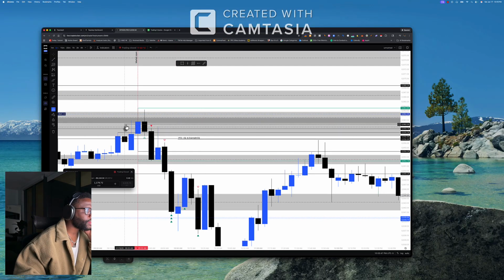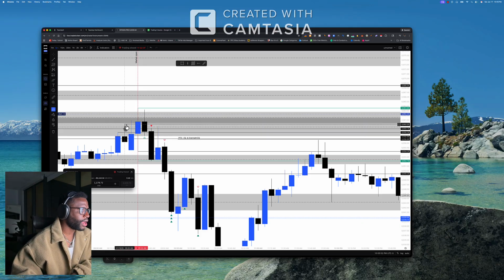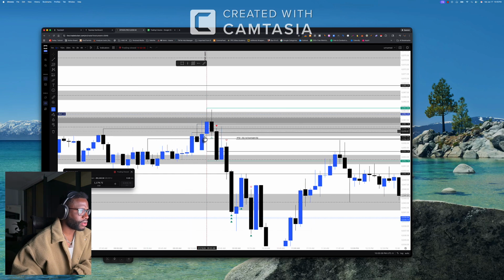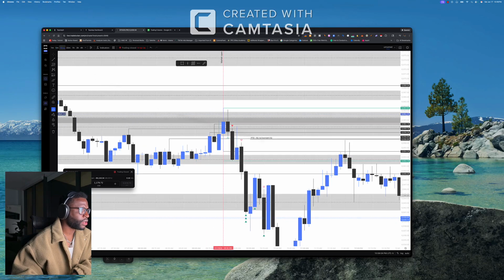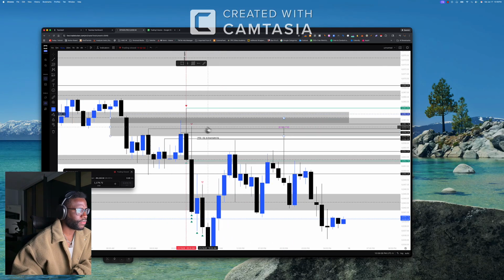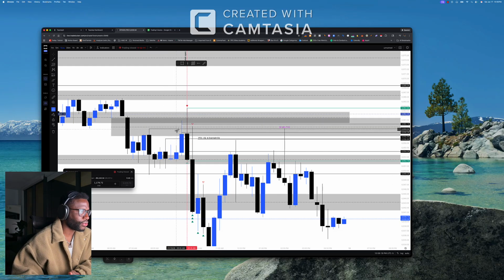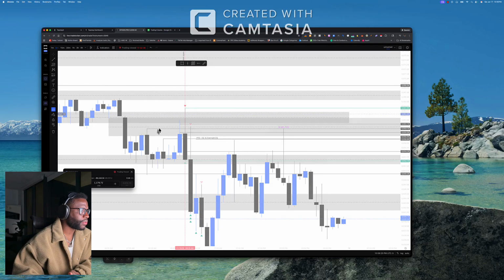I'm thinking about it now. What I was waiting on is this blue line. If we close over this 5-minute, I felt comfortable enough to take the trade. Technically, it was a break of structure to the upside. So therefore, I was just like, okay, but let me see on the 15 minutes. On the 15 minutes, that did not happen. It still did. What? Yeah, maybe I could have waited for this one. I think that's why I marked this one out too. I could have waited for that one. Let me see on the 5 minutes.